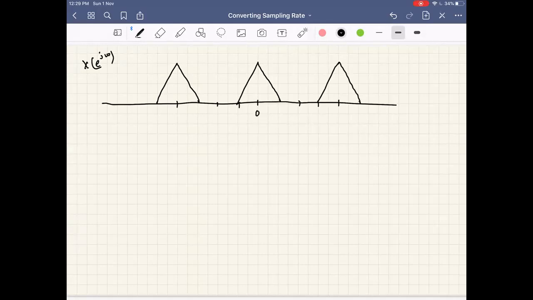Let this be 0, minus pi by 2 and pi by 2, and then here minus 2 pi and plus 2 pi. Okay, so now what should we do? Let us assume that we want to do filtering before